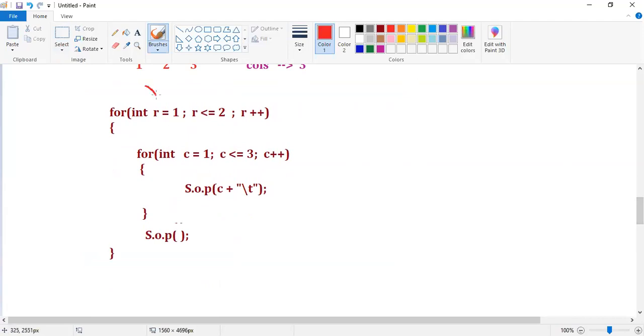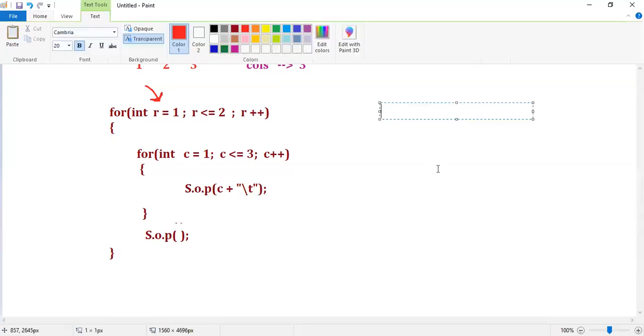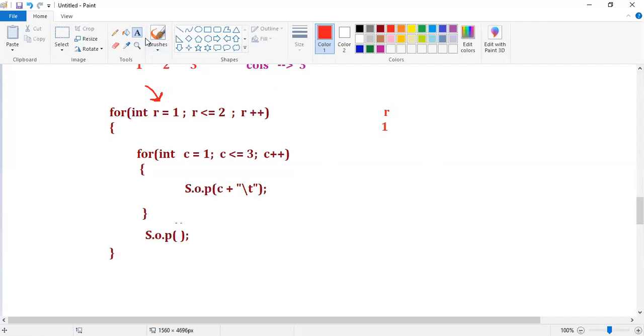First control comes to row equal to 1. That means the row value is 1. After this, control comes to the condition: row less than or equal to 2.